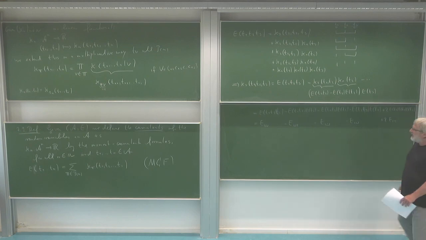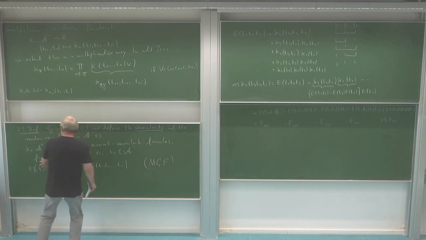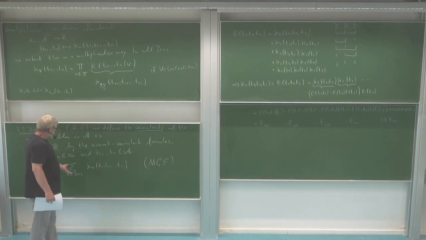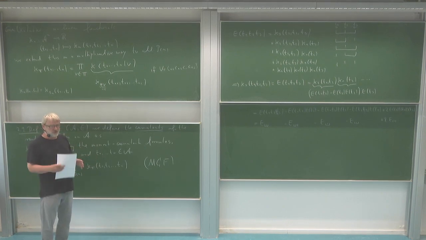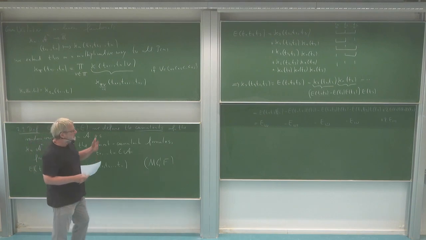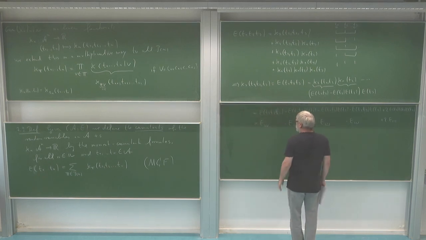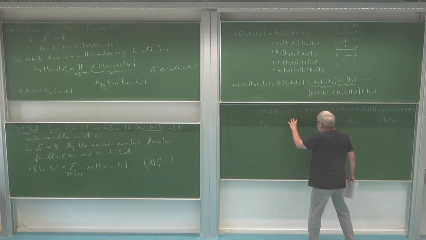So you see, I can solve this relation, saying that the expectation is given by summing over all partitions, and then I just get this multiplicative contribution of the cumulants. I can solve this, and I get then a very similar formula. I can say the cumulant is given by summing over all partitions, and I get this multiplicative